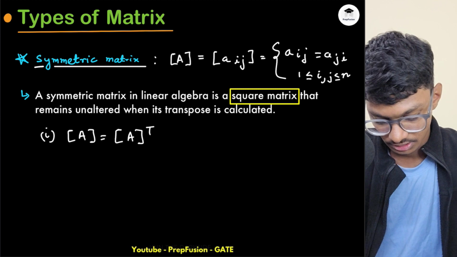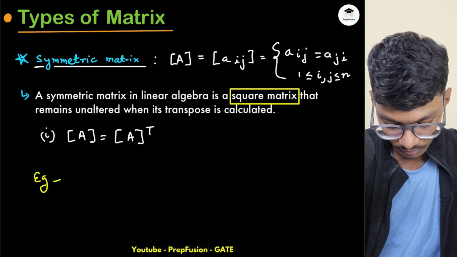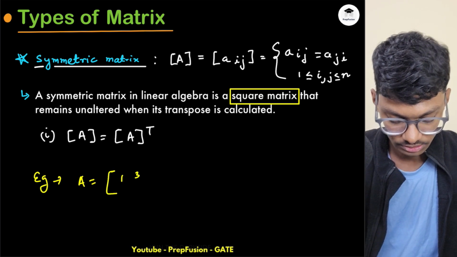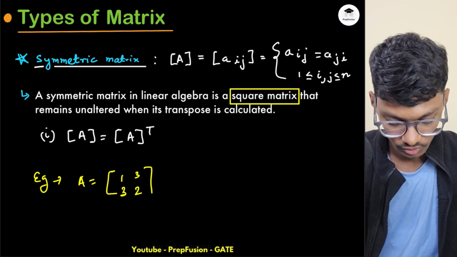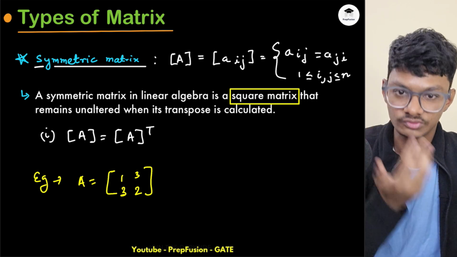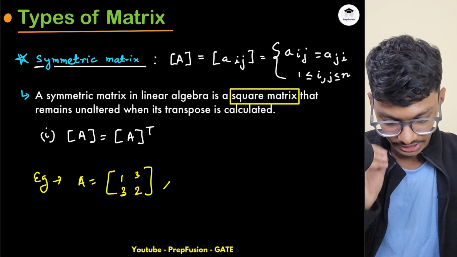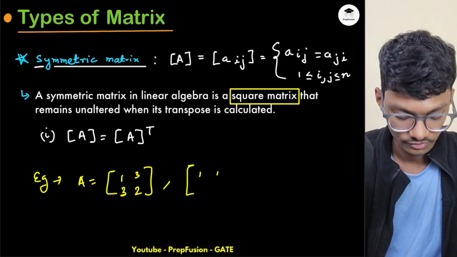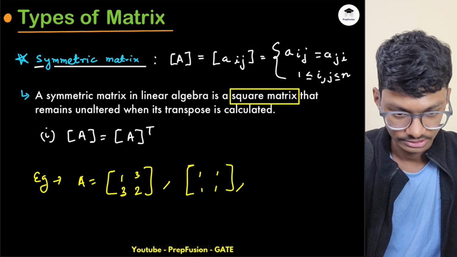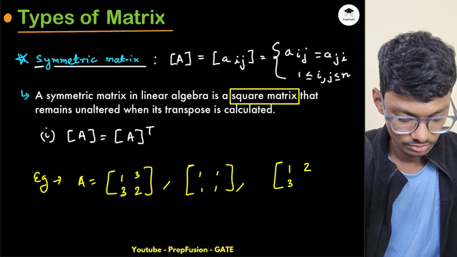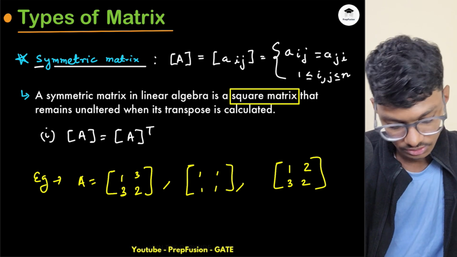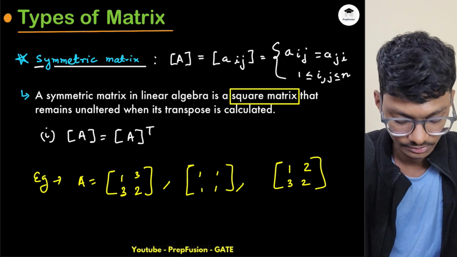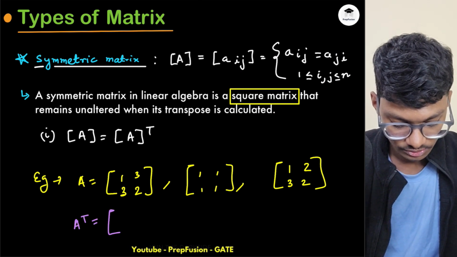Let's take an example. Let me take A equals [1 3; 3 2]. If you take the transpose of this, what do you get? Let me take 3 examples and tell me which of them are symmetric matrices and which aren't. The second is [1 2; 3 2]. Let me take the transpose of these and you can think about which are and aren't symmetric matrices. A transpose equals